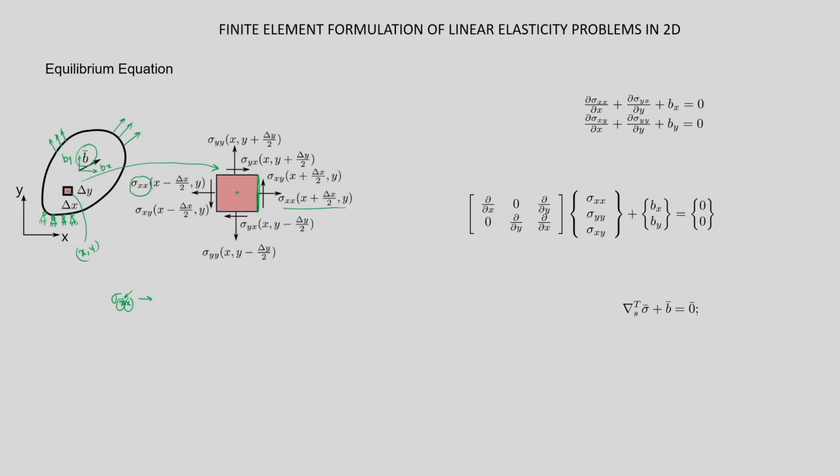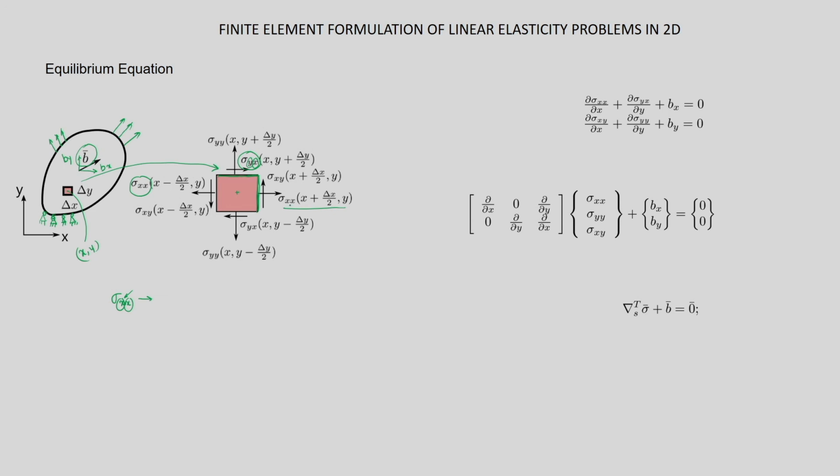Alright. Similarly, all the other stress components have been shown. So here, as you see, sigma yx is acting on the y plane because the normal to this plane is along the positive y direction. So this is acting on the positive y plane, and so the first subscript is y and the second one is x, so that x denotes that it is acting in the x direction. So now we consider the equilibrium of this elemental area in the x and y directions separately.